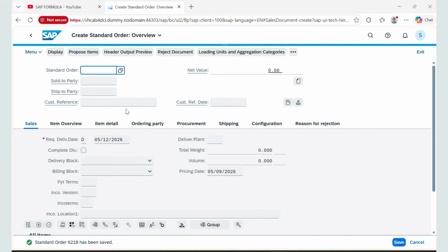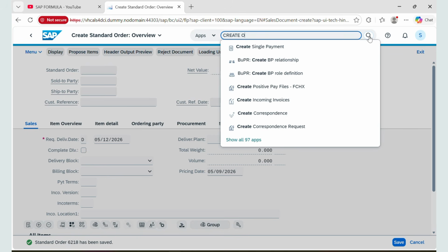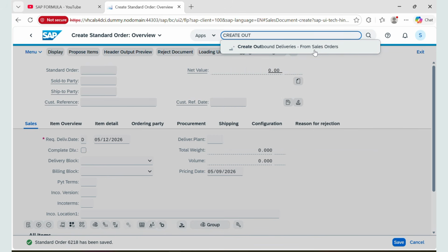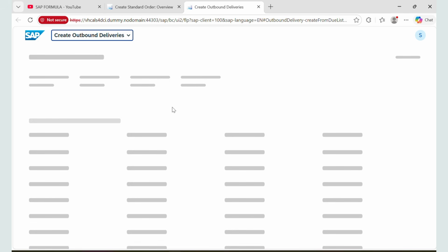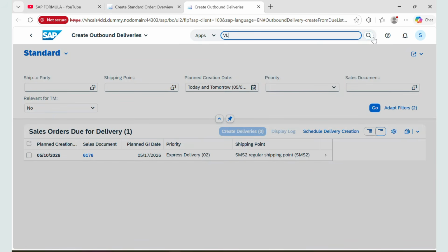Okay. So now once we create the sales order, what I will do is create an outbound delivery for this. So create outbound delivery from sales order. Okay. Click on this. You will get a screen like this. Or else what you can do, you can also type VL01N. So if you type VL01N,